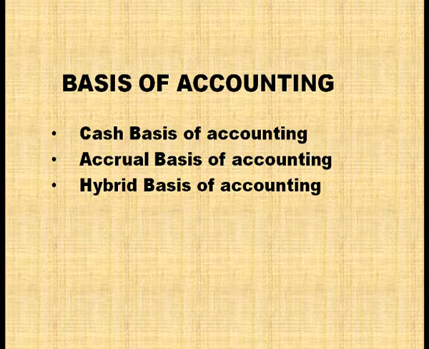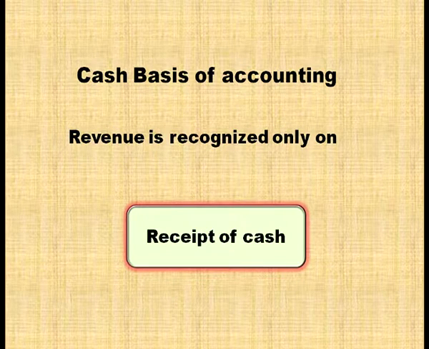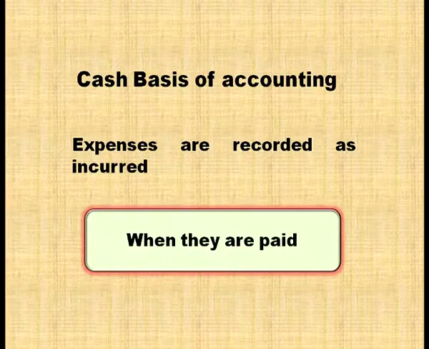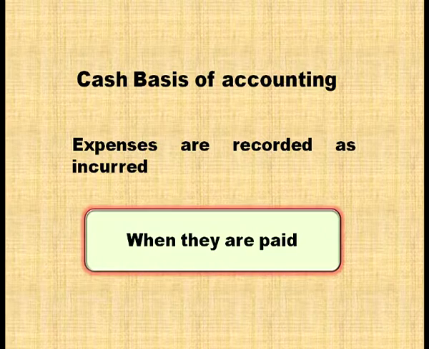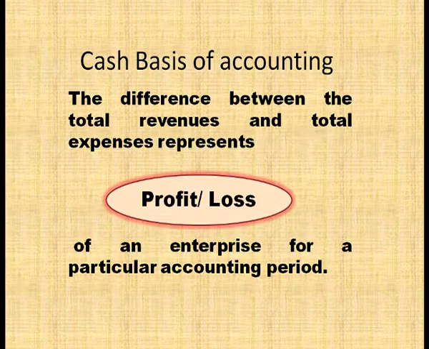Revenue is recognized only on receipt of cash in cash basis of accounting. Expenses are recorded as incurred when they are paid in cash basis of accounting. The difference between the total revenues and total expenses can be profit or loss of an enterprise for a particular